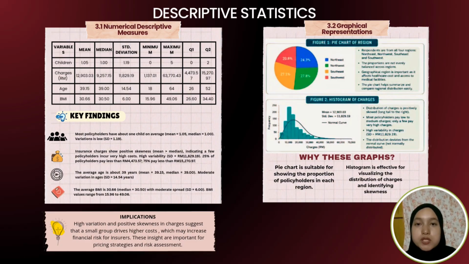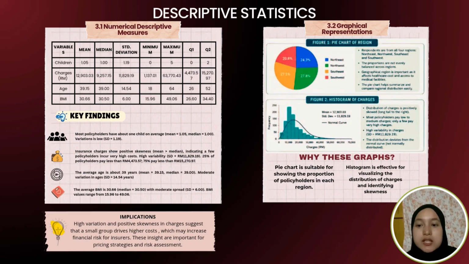Insurance charges show positive skewness, where the mean is higher than the median. This indicates that a small number of policyholders incur very high medical costs. The variability in charges is high, with a standard deviation of approximately 11,829 ringgit. About one quarter of policyholders pay less than approximately 4,473 ringgit, while half of them pay less than around